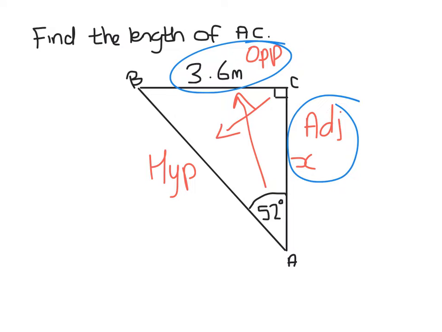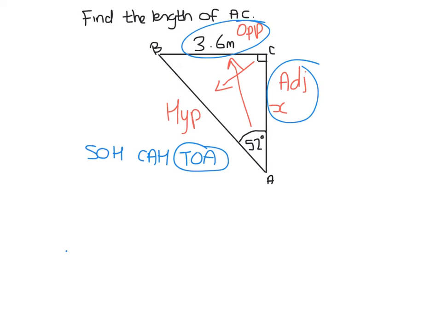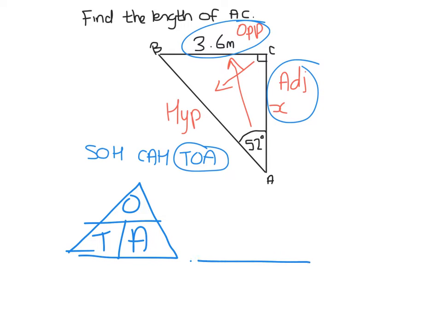So when I write out SOHCAHTOA, I know I'm using tan. So I've got TOA, then fill in the triangle